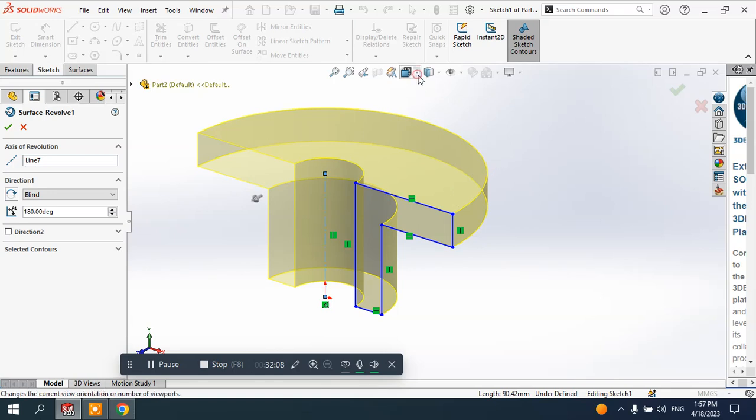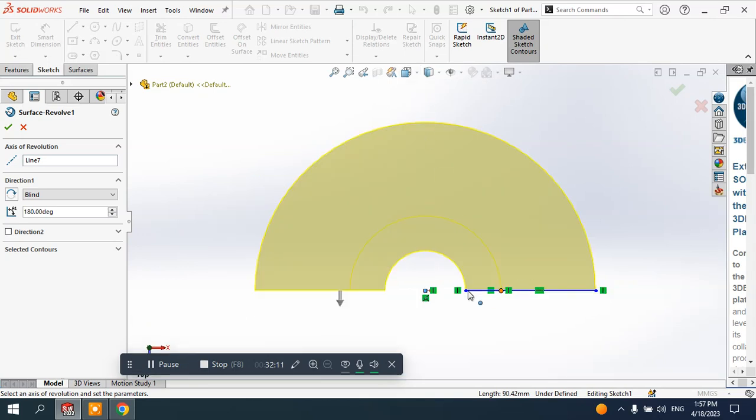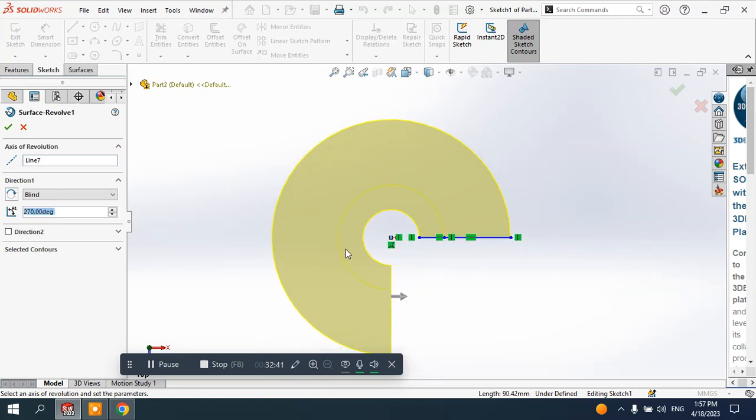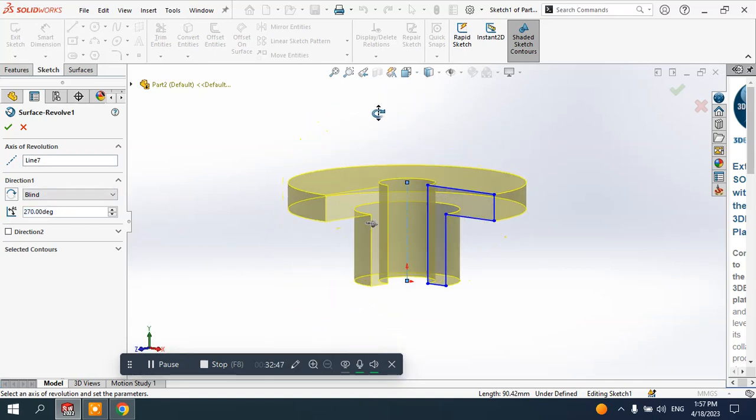Let me just show from the top view. So this is my sketch plane. Here you see my sketch profile, and it will start at 0 at this point and rotate to the 180 degrees here. If I specify for example 90 degrees, it will be rotated to the 90 degrees, starting from the 0. If I specify 170 degrees, it will be rotated to 170 degrees, and so on. You can specify here the rotation angle,